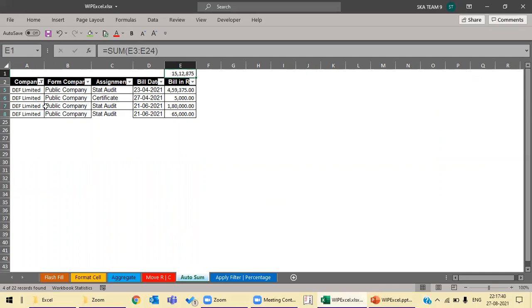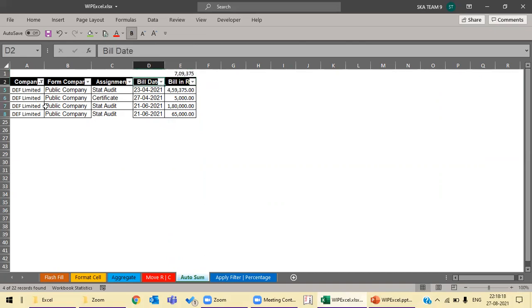So in that case, the next level of auto sum is you just use the Alt equal to function. After applying the filter, you will see that the formula has changed from sum to subtotal, and you just select it, and you will get the result of only those cells that have been filtered. And if you want it more effectively, you can type Alt equal to again, select the first cell, and go to the last one. The last one is 25, and hit the enter button.